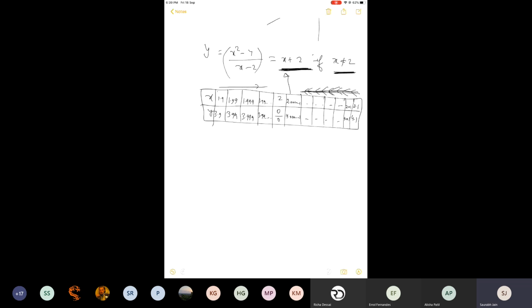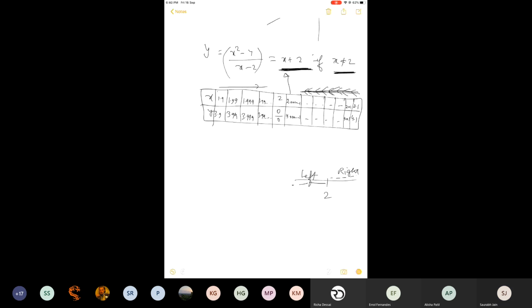What we understand with this table, now let us try to give it a mathematical form. See, we were discussing values of x. What I'm trying to do is approach 2 from the right hand side. On a number line, the numbers to the right side of 2 are greater than 2. This is right side. This is left. And to the left of 2, numbers are less than 2, obviously.